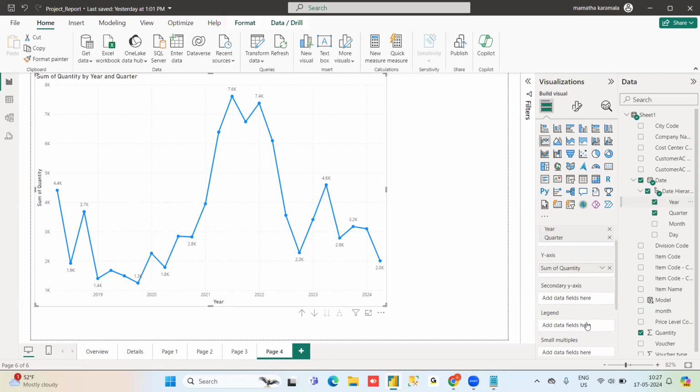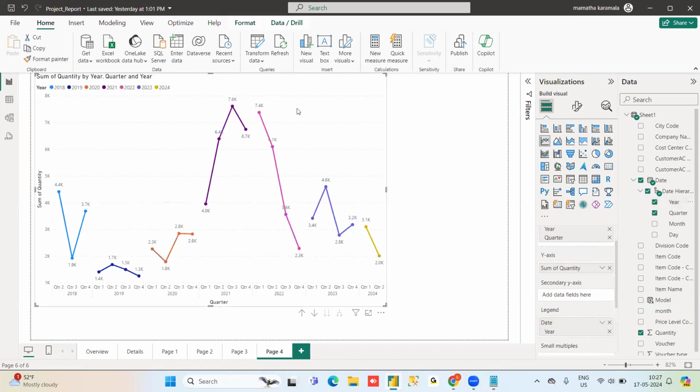But how you are taking these things, see, year-wise I have given legend. This particular year is giving, this is just a sample of the data. It is like a slicing kind of legend. This is a sample data set. You can give how you want. That is the same thing.